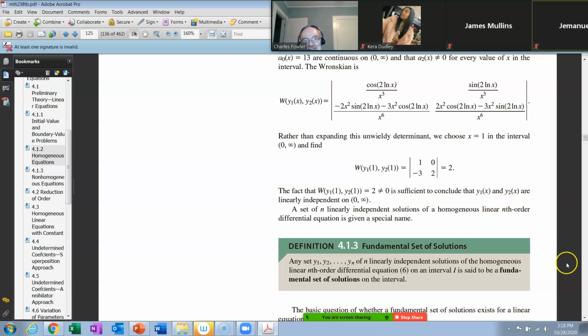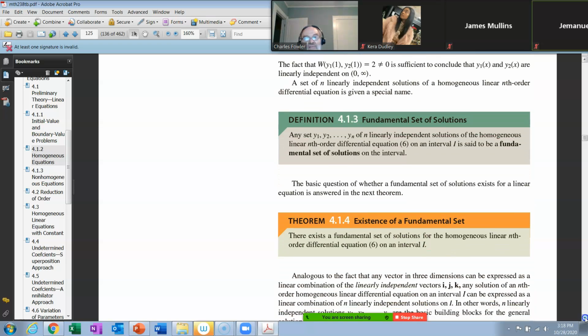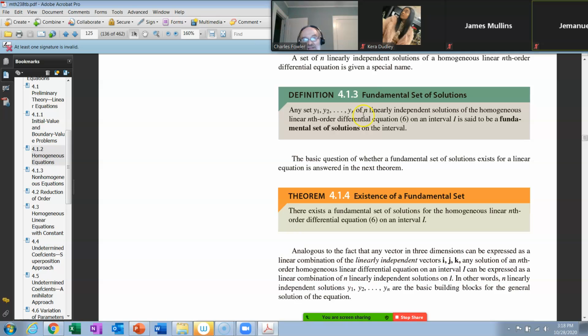All right. Now, let's move to another definition here. The set of n linearly independent solutions of a homogeneous linear nth order differential equation is given a special name. Now, what's required here? First, you have an nth order differential equation. Number 2, you have n linearly independent solutions for that homogeneous linear nth order differential equation. So if you have the n linearly independent solutions of that nth order differential equation, we name that the fundamental